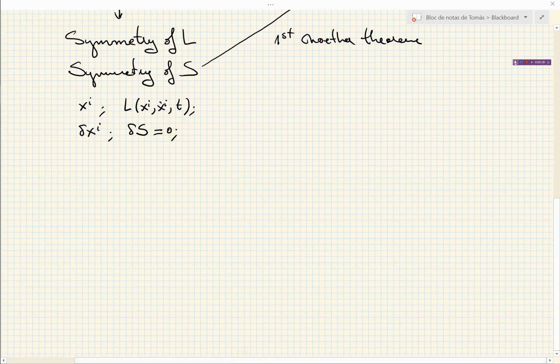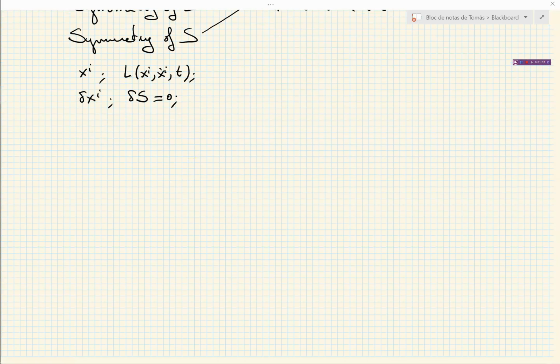Okay, this looks similar to what happened when we derived the Euler-Lagrange equations of motion, but there are several differences. We are not saying what the boundaries or the limits of integration are in the definition of the action. We are not assuming anything about the boundary conditions of these infinitesimal variations. When we derived the Euler-Lagrange equations of motion, we assumed that on the boundary, that's t0 and t1, these variations vanish. Here we are not going to assume this at all.